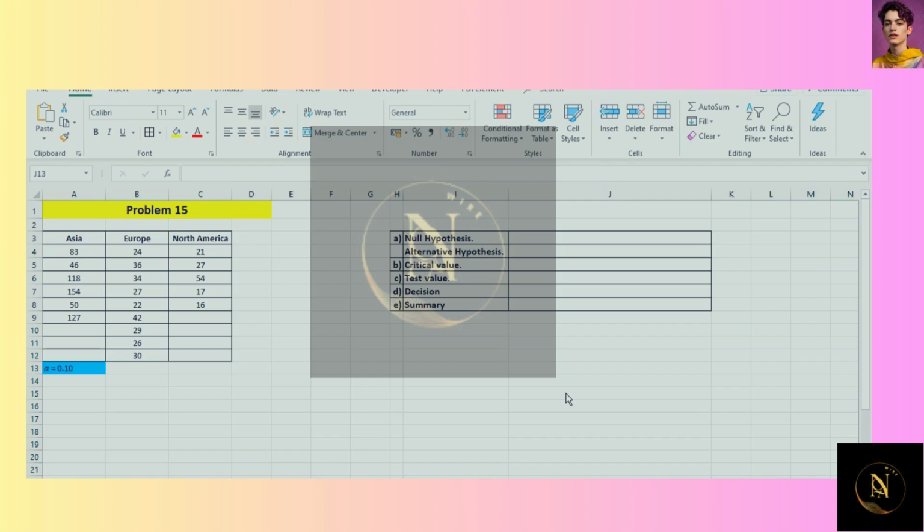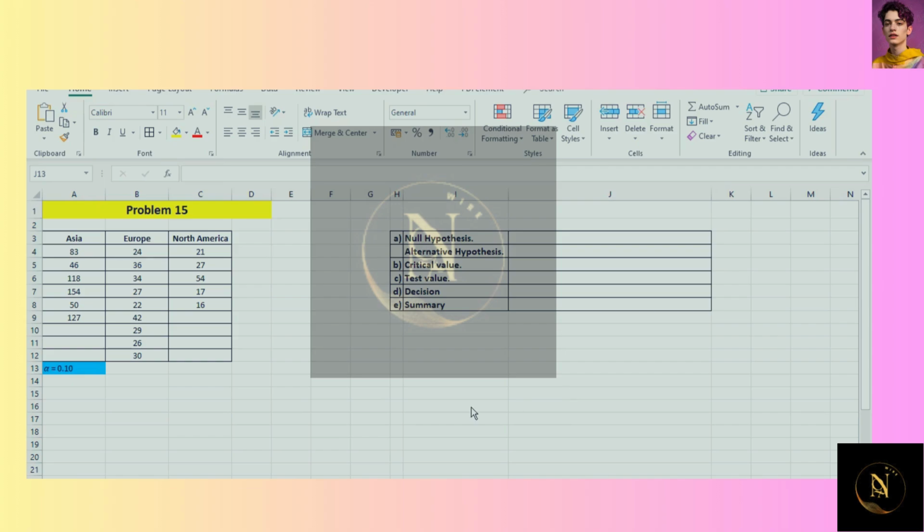In problem 15, we're going to be comparing the particulate matter in micrograms per cubic meter for a sample of large cities on 3 continents. The continents are Asia, Europe, and North America. So at the 0.10 level of significance, we're going to test whether there's a difference in the mean particulate matter